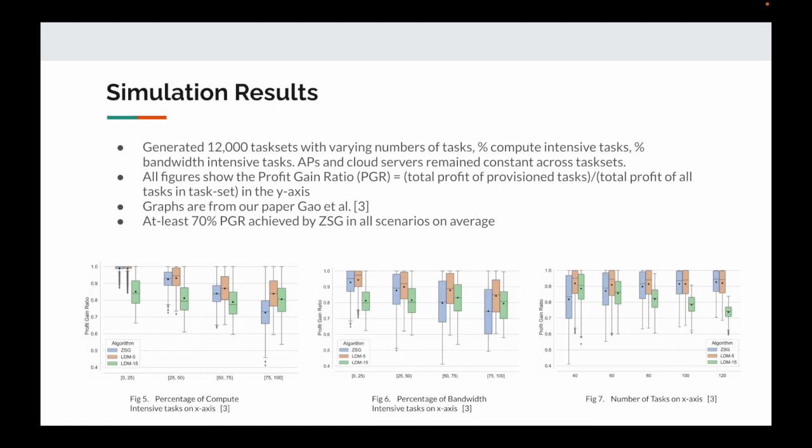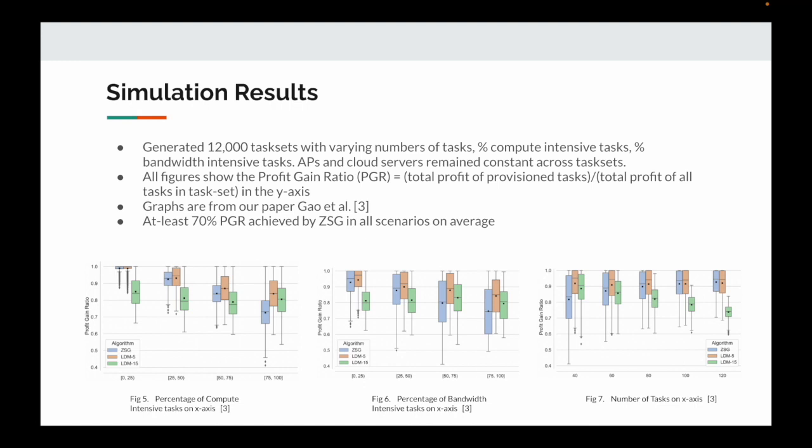And these graphs have been obtained from a paper written by Mr. Chuanchao Gao, myself, and Professor Iswaran. And this paper will feature in GlobeCom 2022. So I would request you to kindly notice the box plots for ZSG. There are box plots for the algorithms LDM5 and LDM15. They are not discussed